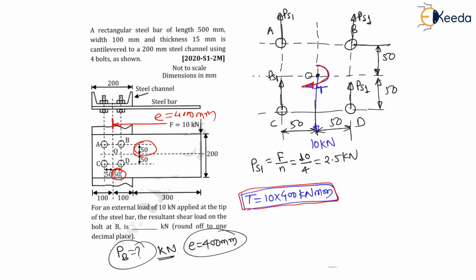Now my dear students, the distance of bolt B from the O is called the radius of B. This will be, we can say, the radius of B, as well as the distance of D from the O is the radius of D, as well as the distance of C from the O is called the radius of C, as well as the distance of A from the O is called the radius of A, right? Now these are the radiuses, right? Now my dear students, my target is to find this radius.